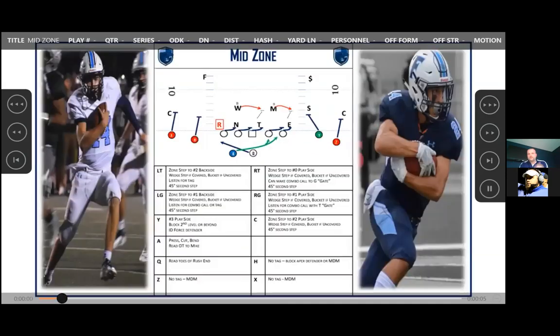So again, we take our second day run install, mid zone. We like to try to run this to an A gap defender. This is going to attack B to C. Obviously, we can always roll the zone back, but the running back's going to look to what the end man on the line of scrimmage does. And again, with these more lateral double teams, even if we get guys downfield because of the angle, it tends not to show up as much with the referees.